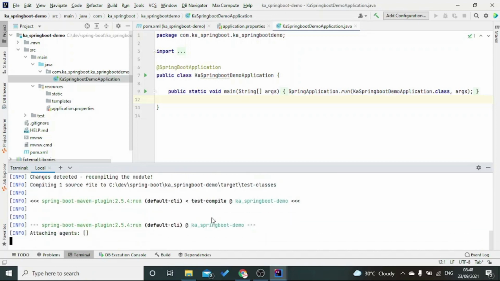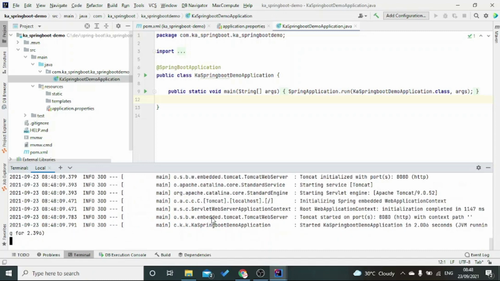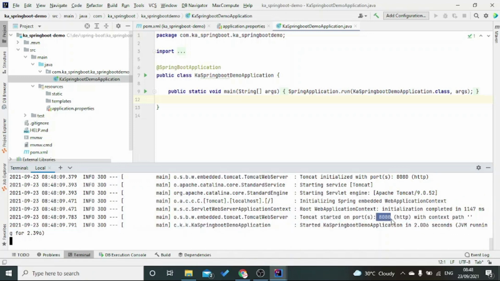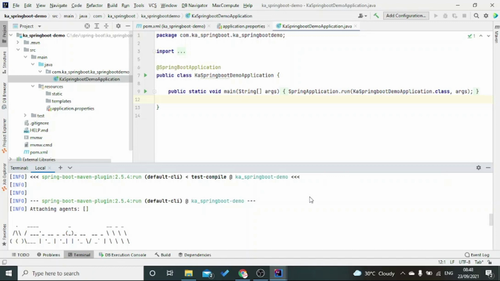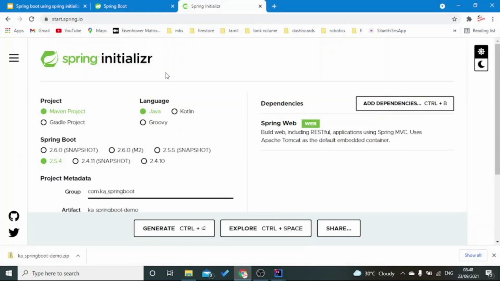So now I run mvn spring-boot:run. That is the command to start the Spring Boot server. If you see, it is saying Tomcat started at port number 8080. So from that, you can understand that it is a Tomcat server running internally, which is embedded.